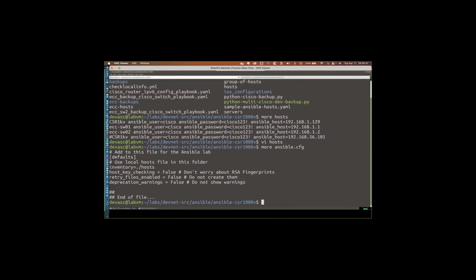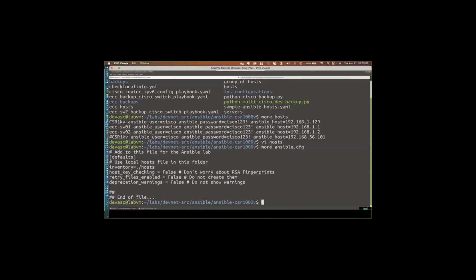So to create the file with a description, explanation as to what happened and what went wrong. So then you've got warnings, right? So all of that is set to false. We don't need to see any of that information. So we're basically setting our Ansible config file, telling it use the hosts file in the current directory, and then